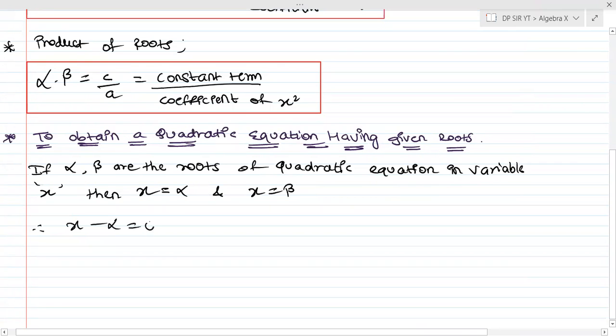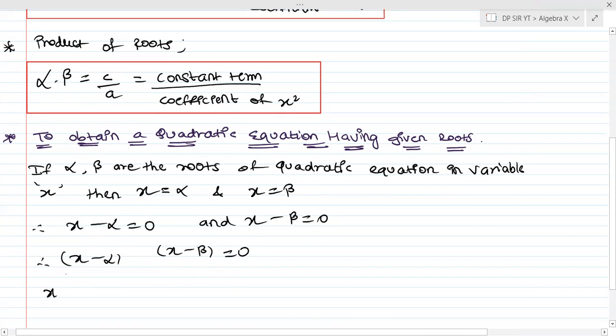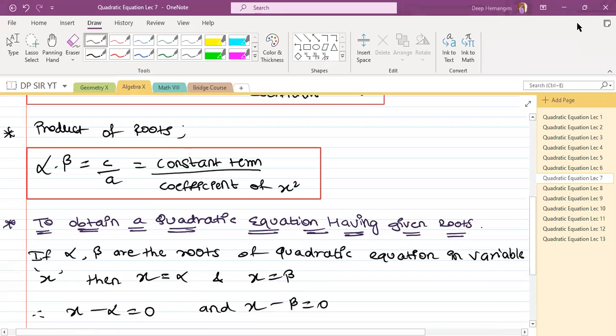पहले तो याद रखना x minus alpha is going to be 0 and x minus beta is going to be 0. मैंने वो साइड शिफ्ट कर लिया ठीक है. So now can you see there is something like this, x minus alpha and x minus beta, factorization जैसा दिख रहा है isn't it? Now just multiply the brackets. I would say you will get x square minus (alpha plus beta) x plus alpha beta is equal to 0. This formula you have studied in your lower class, that is grade 8.